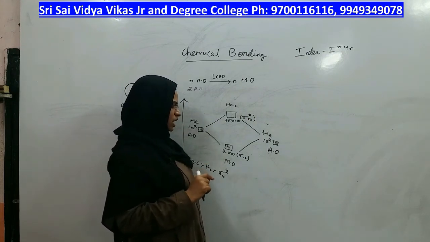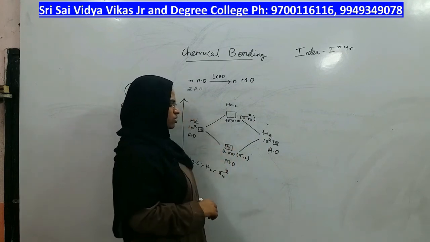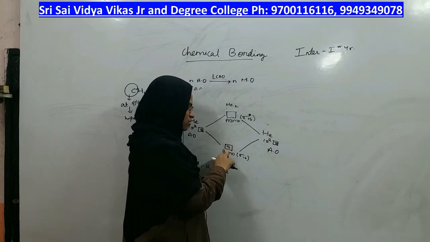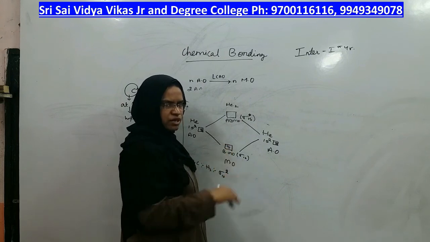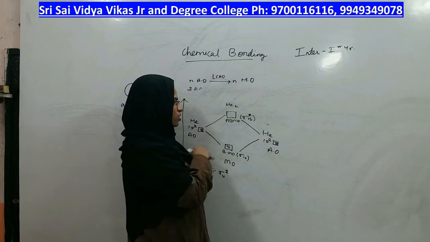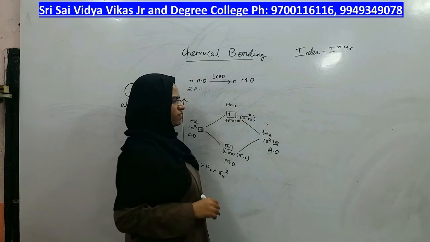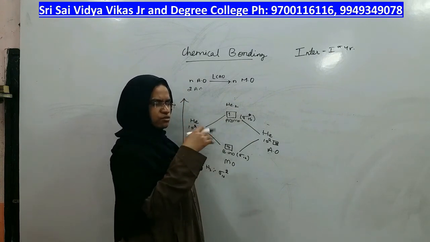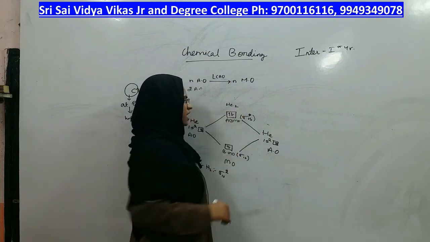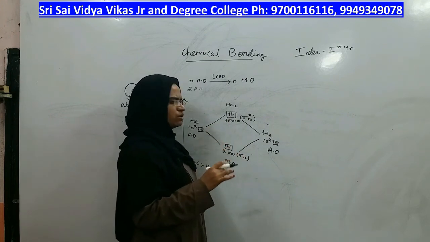Out of the 4 electrons, I should start filling from the lower energy, which is the bonding molecular orbital. So I have added 2 electrons in this. I cannot add the third electron also in this because the electrons are already paired. So where should the third electron go? It should go to the next higher energy orbital, which is sigma star 1s, in which I have added the third electron. Where will the fourth electron go? Can the fourth electron go to the next higher energy level? No, it cannot go unless you do pairing. And after pairing, you have finished all the 4 electrons which the helium molecule should have, right?